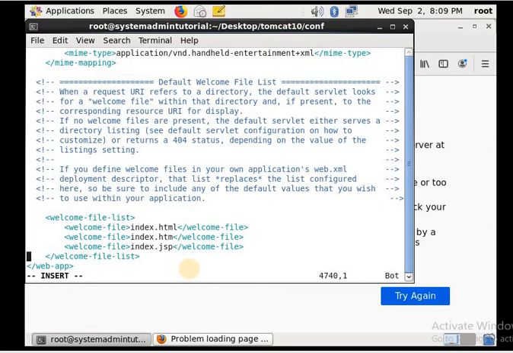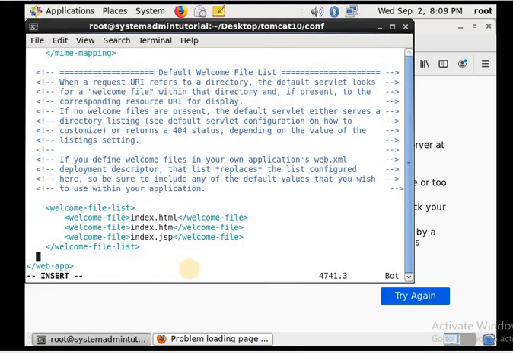Above this, we will add the tag for the error page. I'll describe everything in the description part. You just make a note of all this so that the syntax will be okay. We'll give the code for our requirement to customize the page.